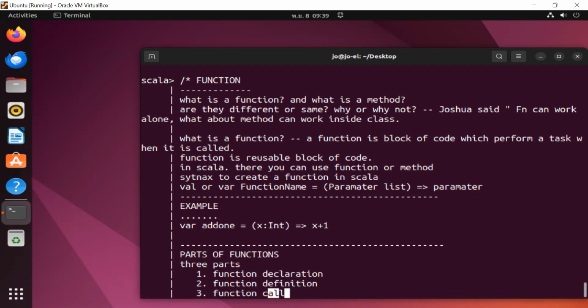Now, based on what I did up here, this is known as a function definition. And this is the parameter, right? When I call this function, then that will be known as an argument. I will pass the argument.